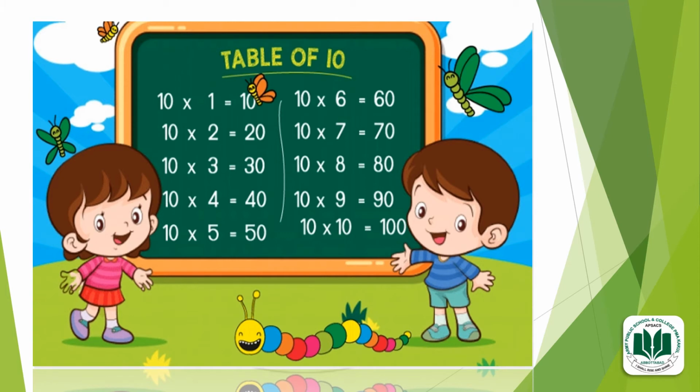Now we will discuss the subtopic multiplying by 10. Multiplying by 10 is the same as we have discussed the multiplying by 5. But yes, you just have to learn the table of 10. The table of 10 is very much easy and you can see on a screen 10 ones are 10, 10 twos are 20, 10 threes are 30, 10 fours are 40, 10 fives are 50, 10 sixes are 60, 10 sevens are 70, 10 eights are 80, 10 nines are 90 and 10 tens are 100. It is very much easy as you have seen. You just have to learn this table for the multiplication of 10.